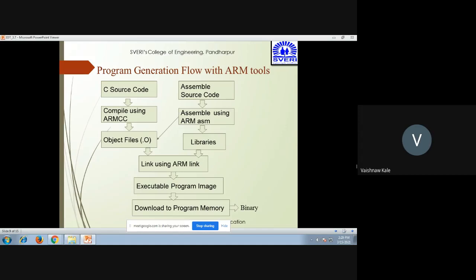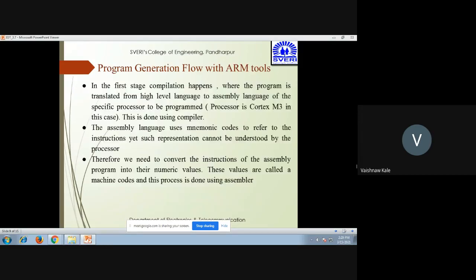The only difference is that libraries also have to be provided to the link using ARM link. Then it is converted to the executable program image, that is program image or .exe, जिसको हम executable बोलते हैं. Then it is downloaded to the program memory, which is then given as output as a binary.